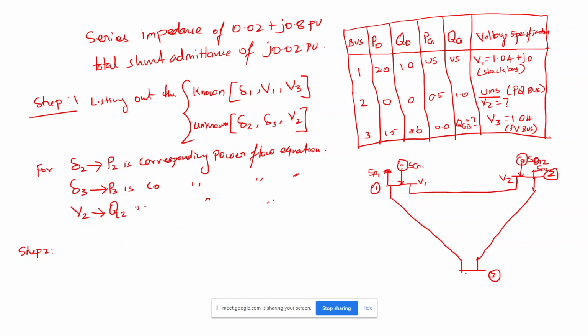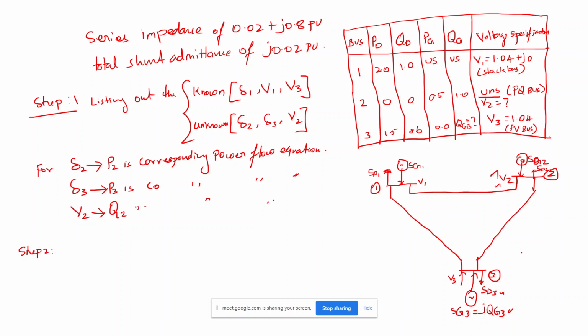And coming to bus 3, the voltage here is V3, and there is a load called SD3 with demand of SD3, because load means demand and generator means SG3, which is nothing but PG3 plus JQG3. That is what we need to find out. The values to find out are the voltage here, delta here, then delta 2, delta 3. Okay, so here V3 is given.